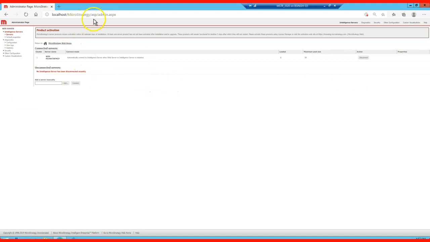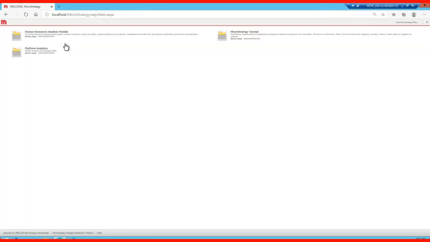So this is my admin page. It's not the main MicroStrategy page, but once you install your web server, this is the first web page. You have to come here and configure your Intelligence Server into your web page, so that your web server will be able to communicate with your Intelligence Server, and you can manage your projects through your web console itself.